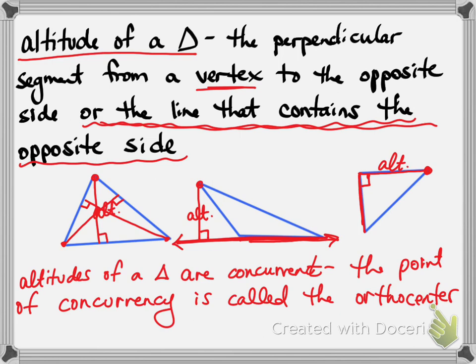The altitude from this vertex to the line that contains this side would actually be out here like this, and the altitude from this vertex to that side would be right there. And if I extend these out, because they are lines,